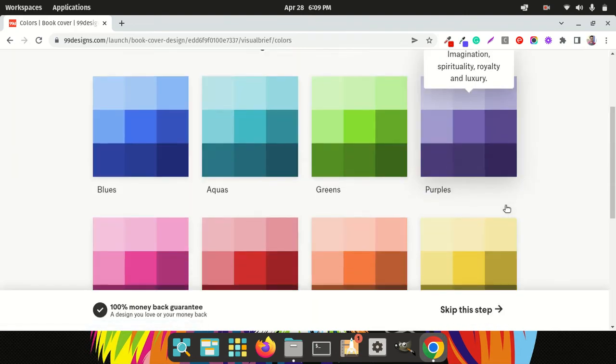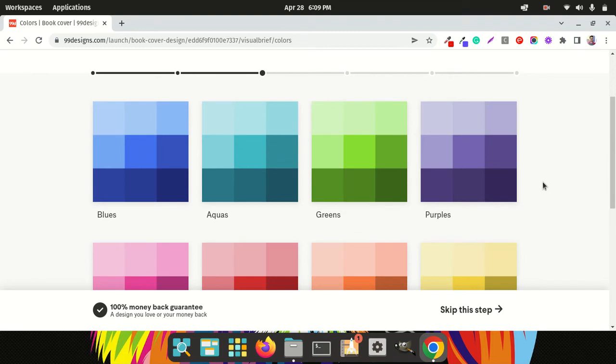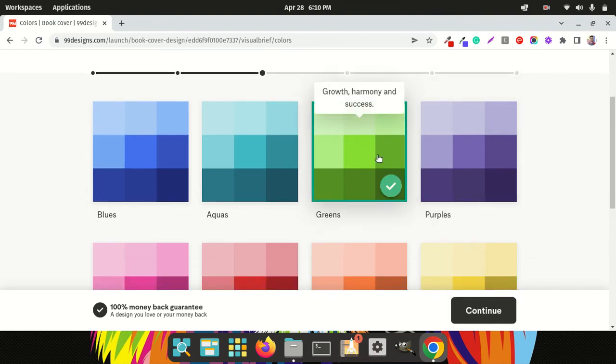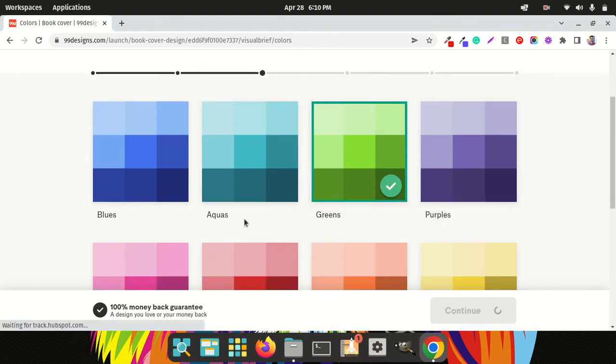and now you can just choose the colors. Which colors do you want? If your brand is kind of related to health, you can choose the green one, or related to something of trust, like insurance or education, you can choose the blue ones. Whatever, just choose the colors which match with your brand. And suppose I choose the green one over here and click on continue,